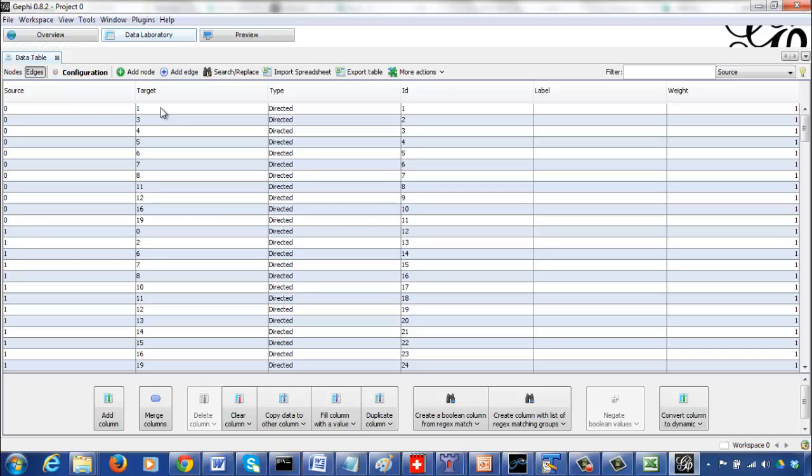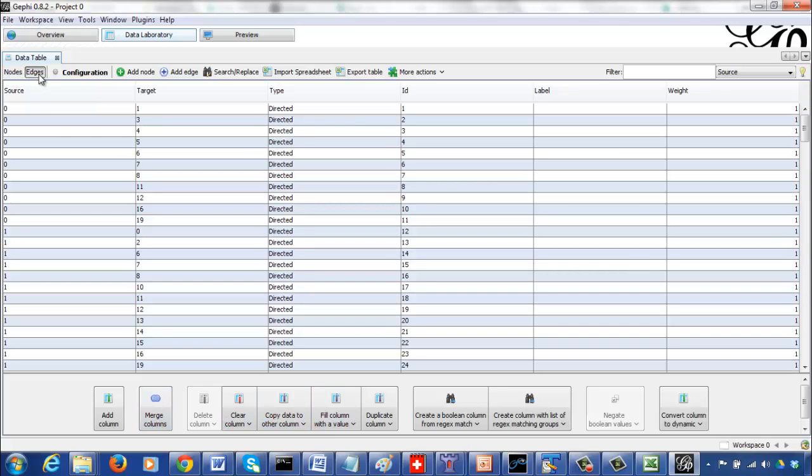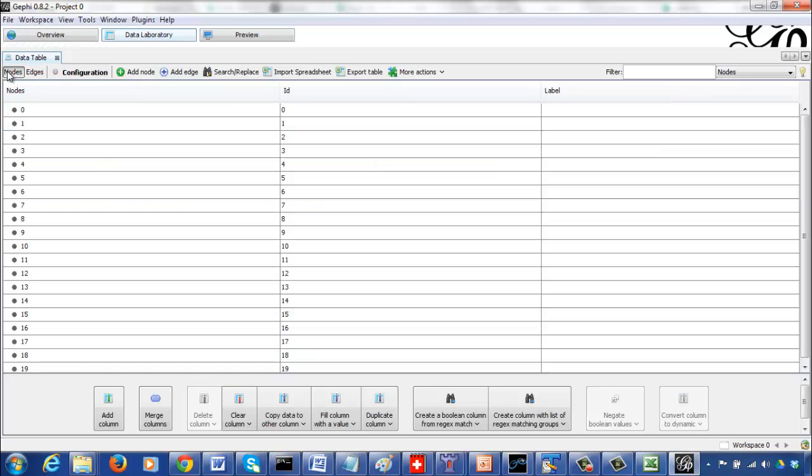So in this case, let's say I just want to label the vertices based on the ID itself. You could label it anything you want, because in real networks each of these nodes could indicate different things like countries and all this stuff, but here I just want to label the vertices with the ID itself. So make sure you are under nodes and not under edges, because you don't want to label the edges, you want to label the nodes. So go to nodes and you can see the label column,